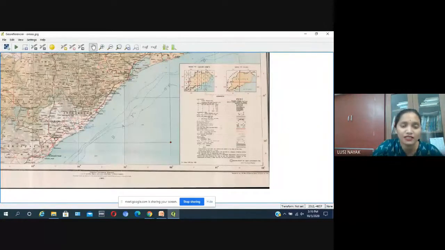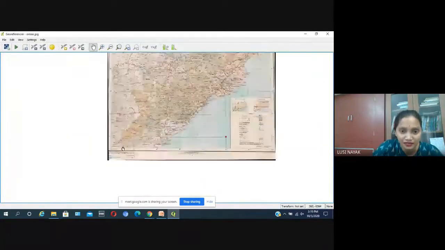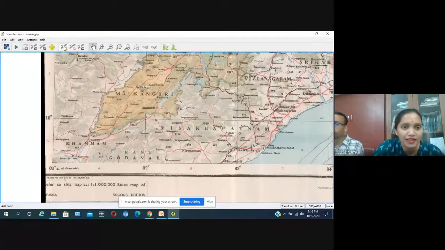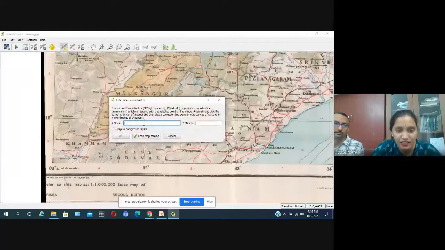Then go to other side. Then same. Take a point and click it. Coordinate is 82 and 18.